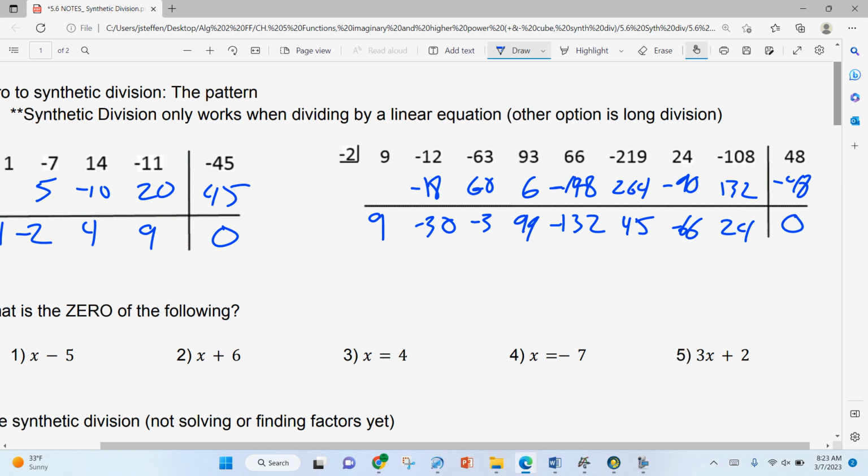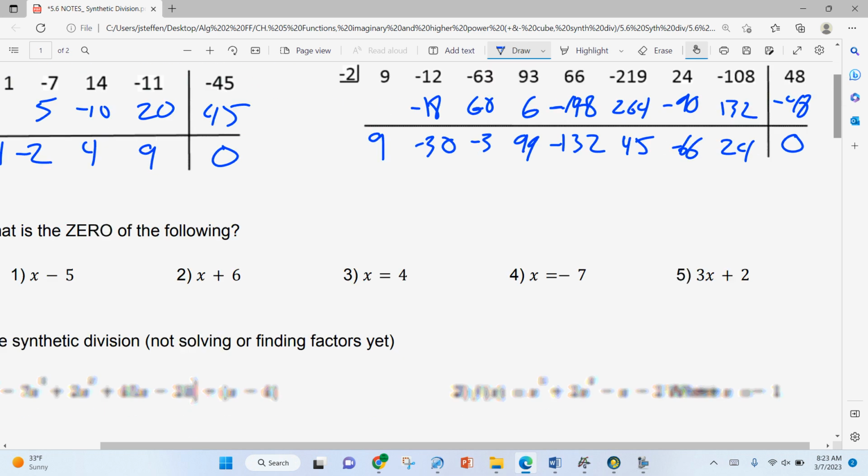Now, again, it does get more difficult than that in the fact that we have to set that up. And once we get our answer, there's still some problems we have to do from there. We still have to do some factoring. We still have to do some solving with our answers. But that's the new stuff for today. Okay. So the next thing